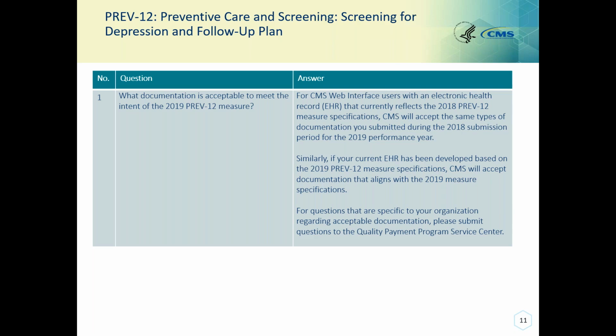Similarly, if your current EHR has been developed based on the 2019 PREV 12 measure specifications, CMS will accept documentation that aligns with those as well.